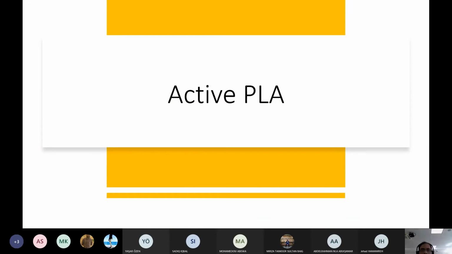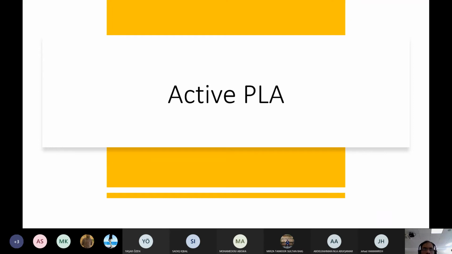What is active physical layer authentication? As the name suggests, in the active case, as I explained earlier, we are not extracting something that is already in the signal.